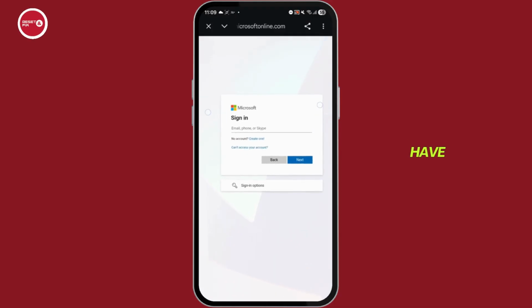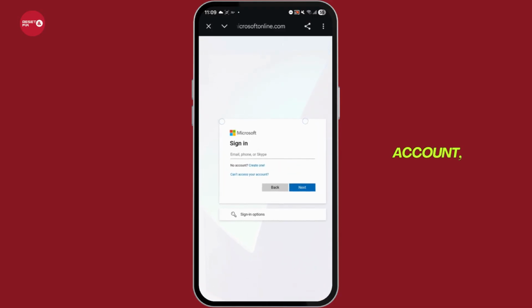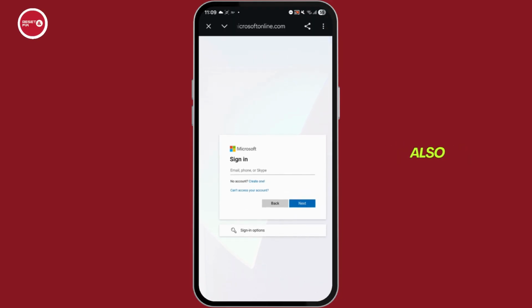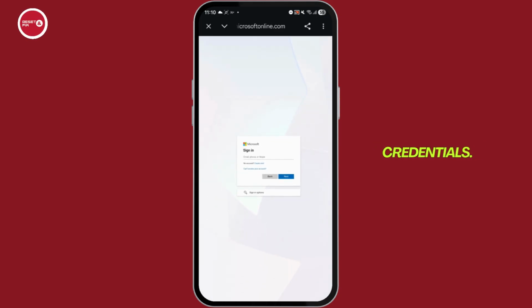And now from here, what you have to do is simply complete your login. If you have a personal Microsoft account, you can simply use that, or if you are working for an organization, you can also use that. As this is the Microsoft authentication window, you have to sign in with your corporate credentials, and after that, grant